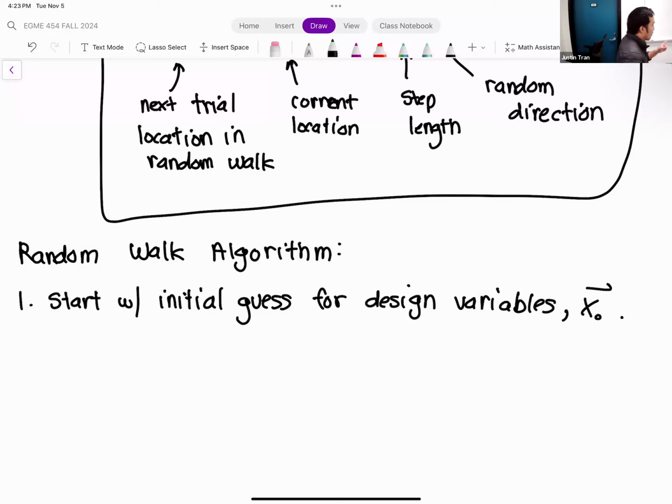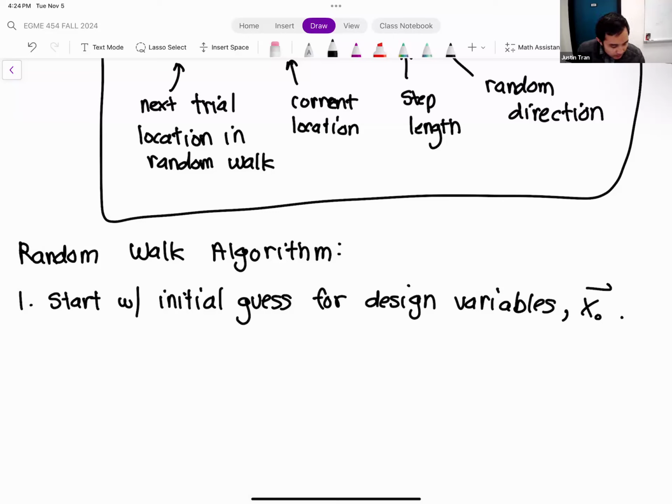Okay. Another really interesting way to get that initial guess is, maybe you run Monte Carlo first, and Monte Carlo jumps around randomly. Then you pick out the best guess from Monte Carlo and use that as your initial guess for random walk. Okay. So that's a strategy of combining different algorithms together. We're going to talk more about that probably starting next week, right? Just remember that for that.